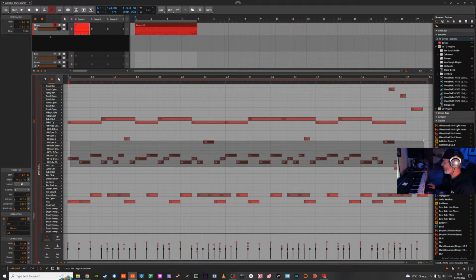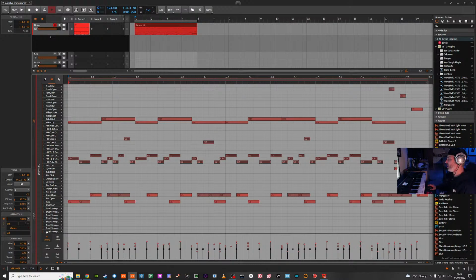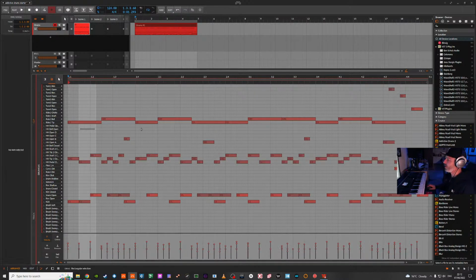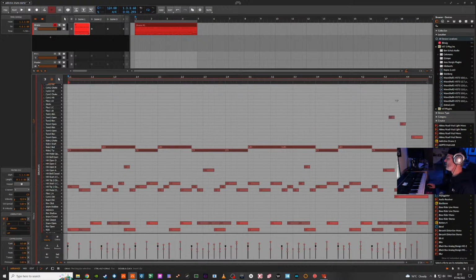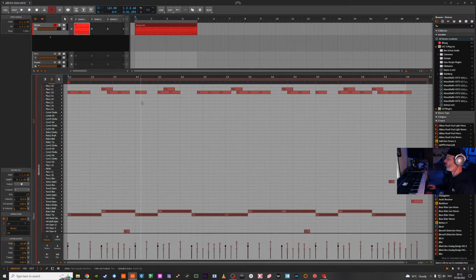Here's all the hats. Again, every single hat at one velocity. And again, I would never do that. This is just to test the humanization. Got rides here. Again, all one velocity. Alternating between two different ride articulations in a kind of random way. Not really following any pattern. A little tom switch around here, and then up at the top, got some, again, not particularly humanized, but a little bit on